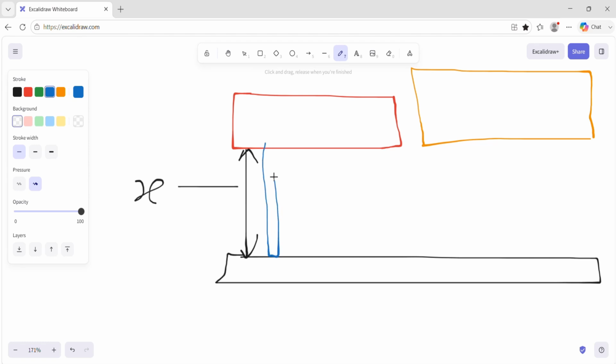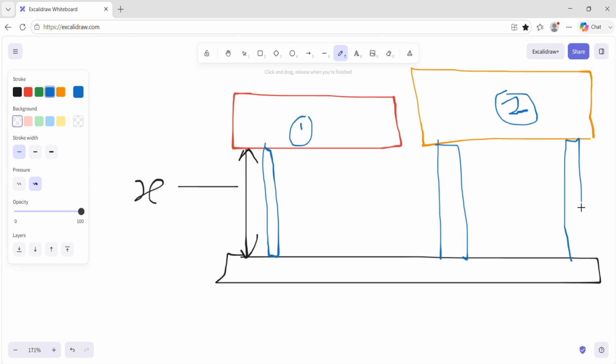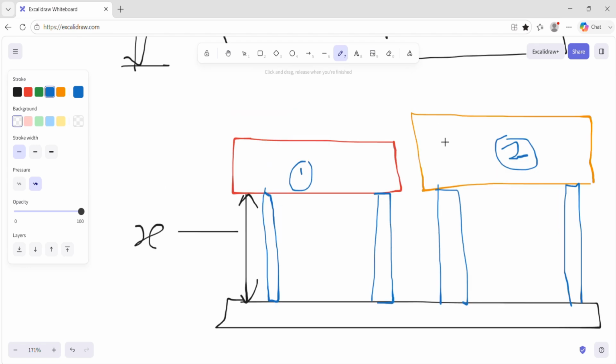Whether it is variant 1 or variant 2, their fixture pins will be at the same level, right? And because of that, whenever you load part 1 or part 2, there will not be any interference and we can load both the parts.